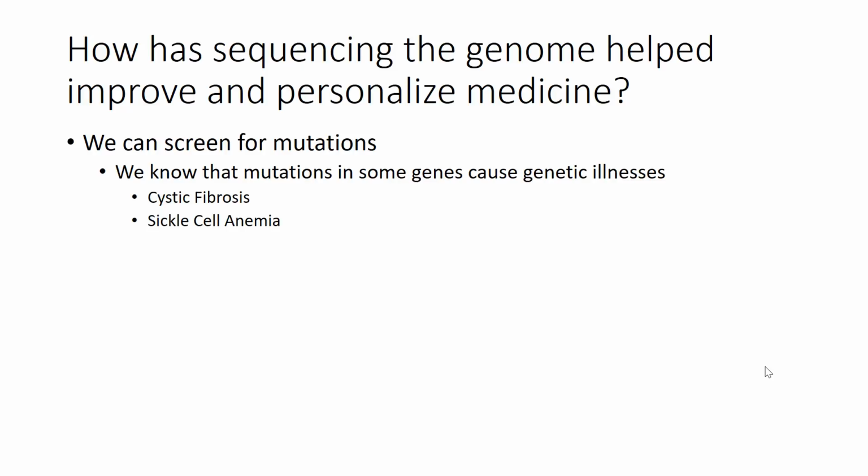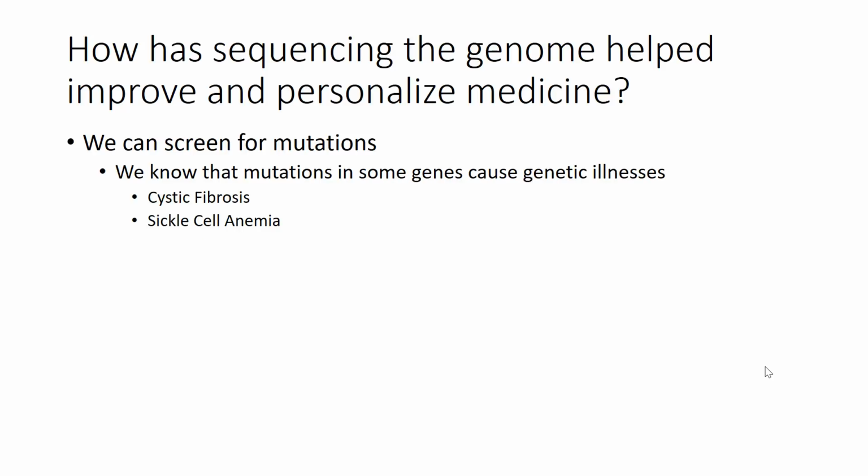Another example of a mutation that causes a genetic illness is sickle cell anemia. This is a mutation in one of the beta subunits of hemoglobin, and it leads to a misshaped hemoglobin molecule and a misshaped red blood cell. As a result, the hemoglobin is less able to absorb and carry oxygen, and the red blood cells take on